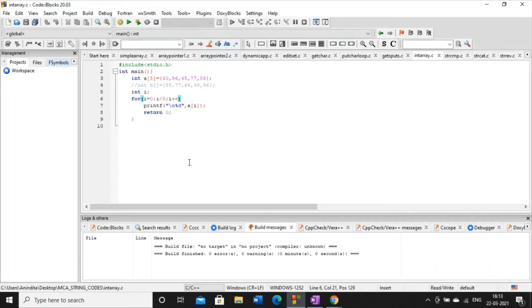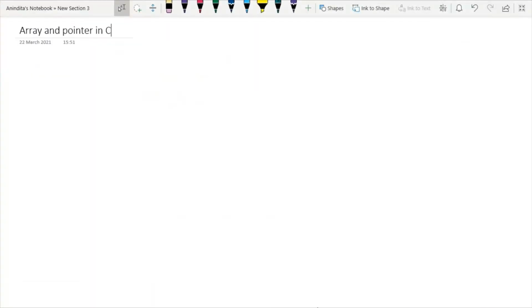Our topic of discussion right now is how to use the concept of pointers for defining any array. But why is this question coming? Why am I introducing pointers while defining an array? The point is very simple.